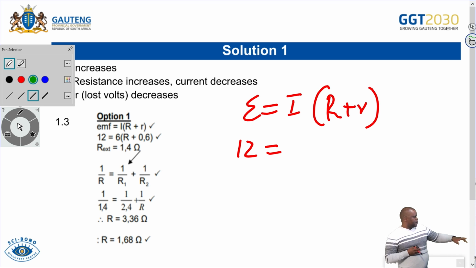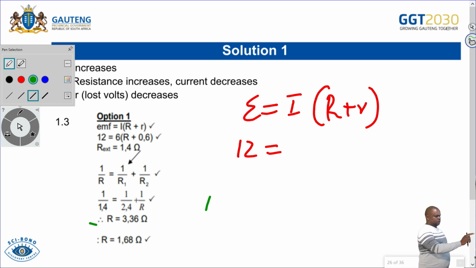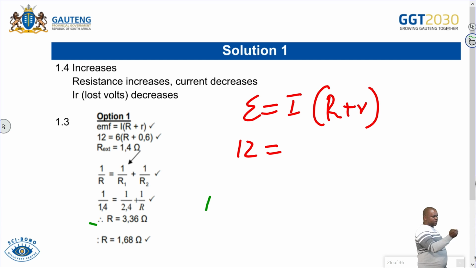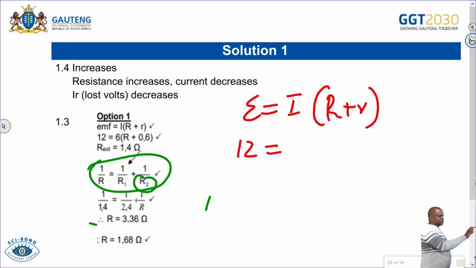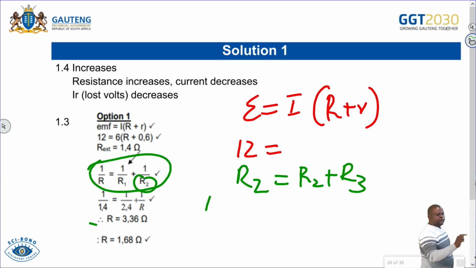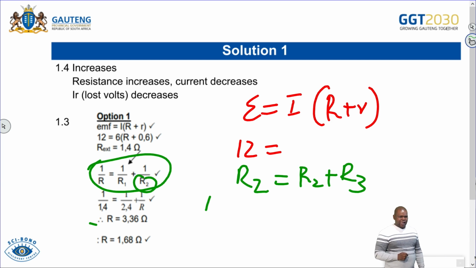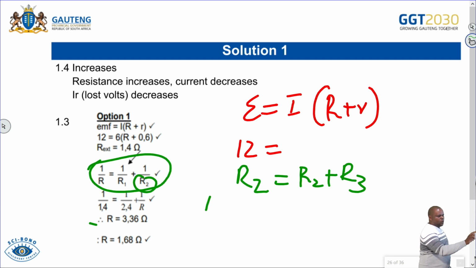Okay, then here, after we got this SR, then we can say now, oh, I see it, maybe it will write. Oh, okay. Now I'll write with a hand. Now we're saying from here, this R2 that you see here, R2 is equals to R2 plus R3 from the circuit. Are we together? Yes. And then if we have this, then when we substitute here, we're going to say 1